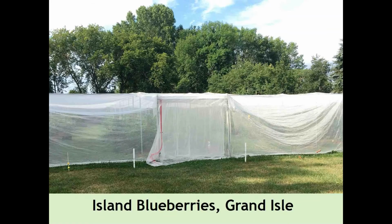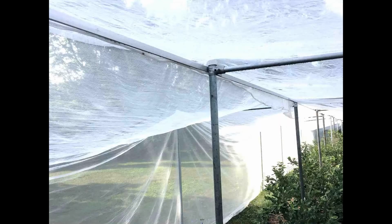This is Steve and Kathy Vandervoort's system up in Grand Isle. They're netting about 12,000 square feet. They just put this up this year. And you can see they're using metal piping, and he's putting up